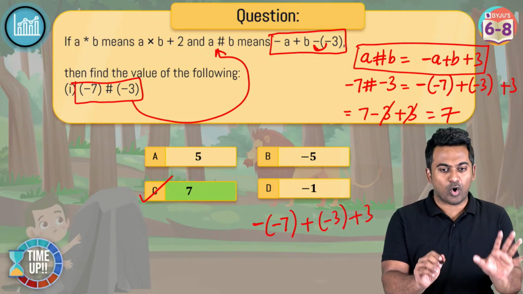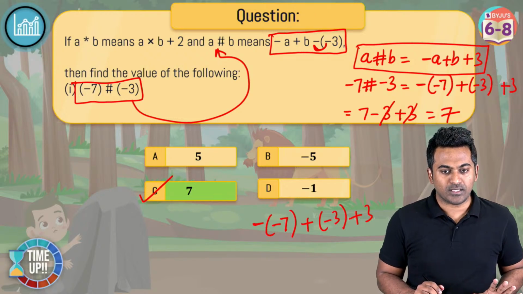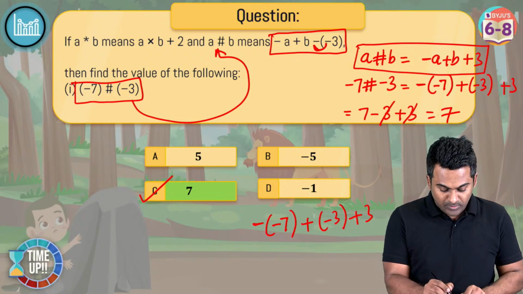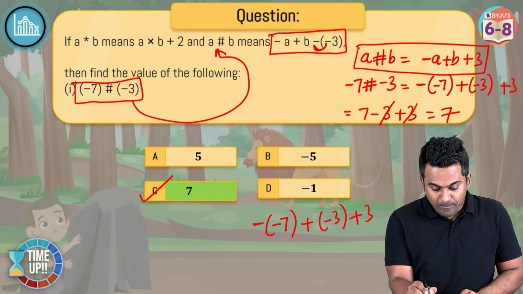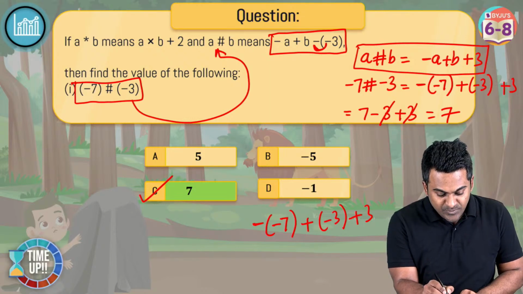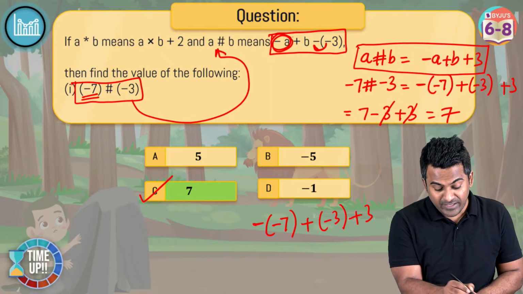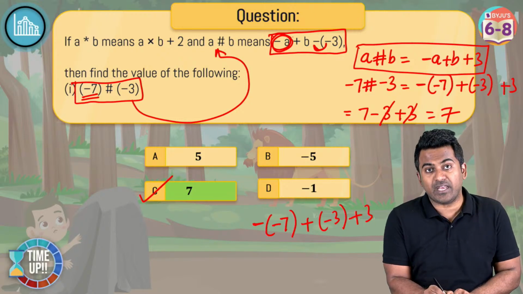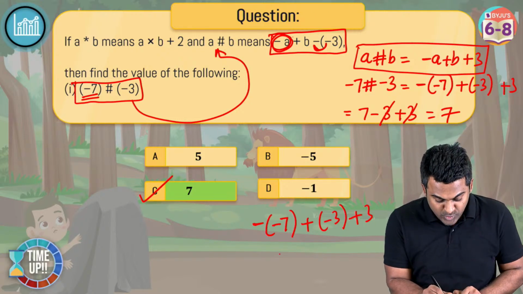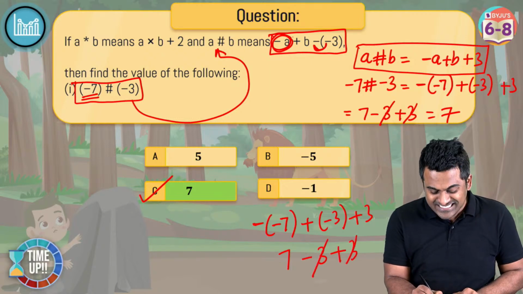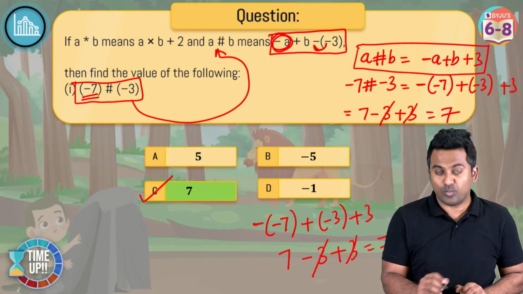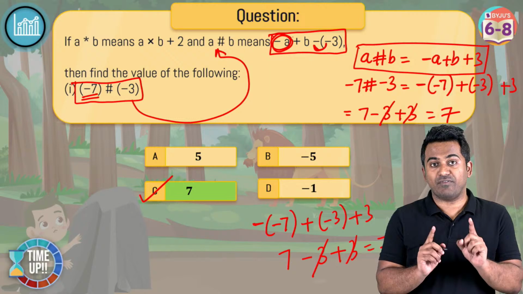And from now on, you know, sir, I got, but why? Look, check this out. Maybe you made a mistake here. Minus a, okay, a hash b, there is a minus a here. A is minus 7. So minus of minus 7 is going to make that a plus 7. So this is going to be plus 7 minus 3 plus 3. Probably this is the mistake that you made. That's the reason why.